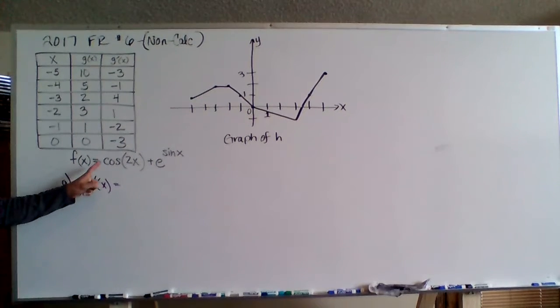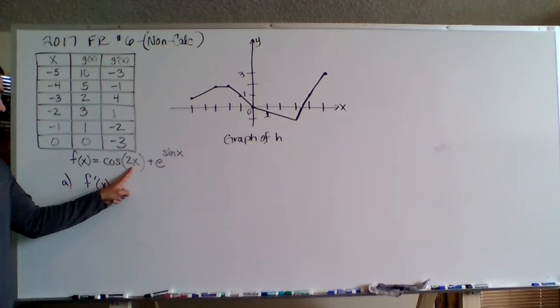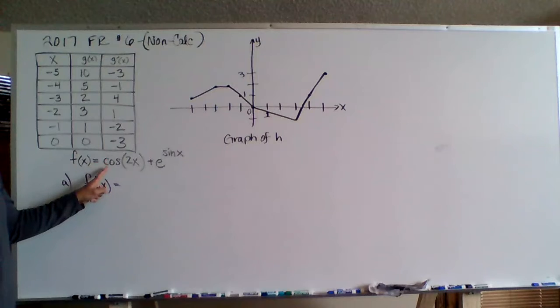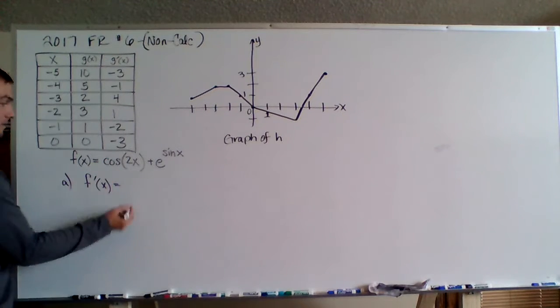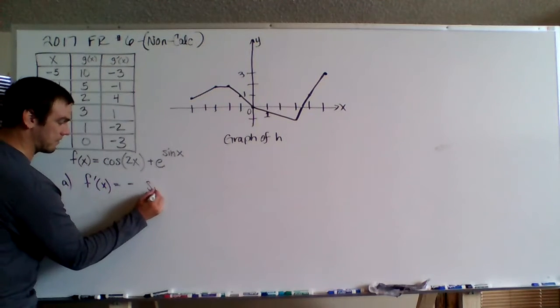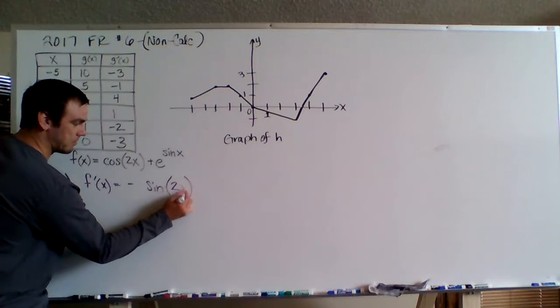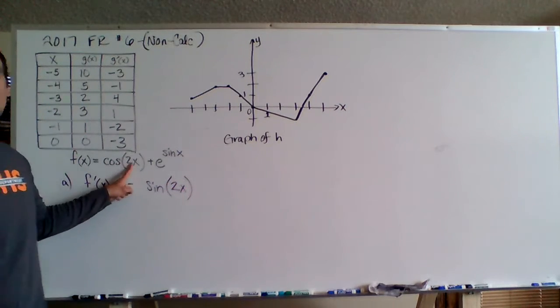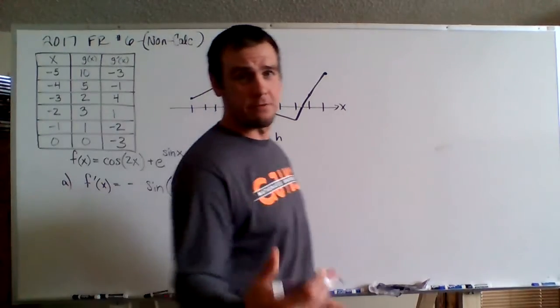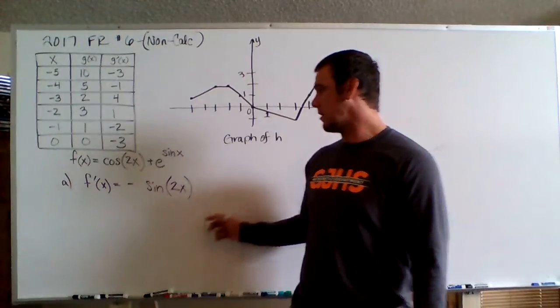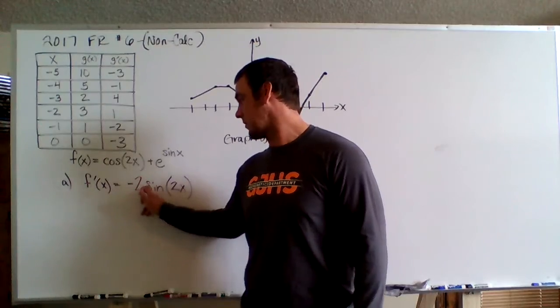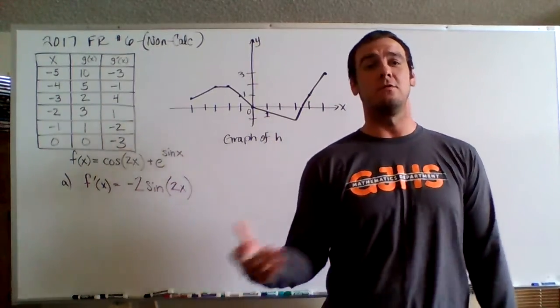All right, so we've got the chain rule going on here. So the derivative of cosine is going to be a negative sine. Okay, remember the inside part's going to stay the same. But then we need to multiply by the derivative of the inside. So the derivative of 2x is 2. So I'm just going to write that 2 out front. Okay, so we got negative 2 sine of 2x